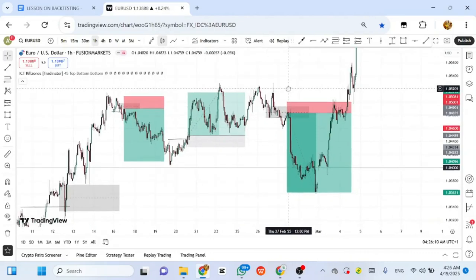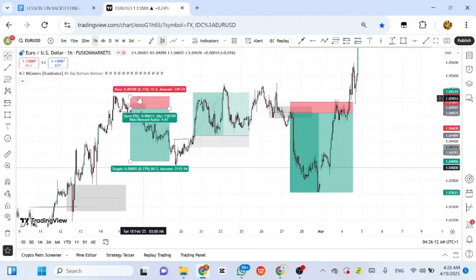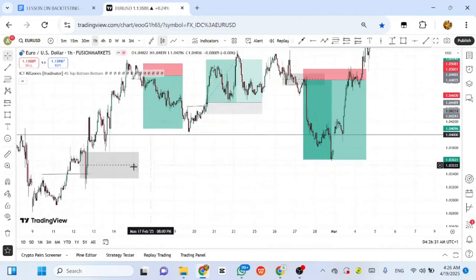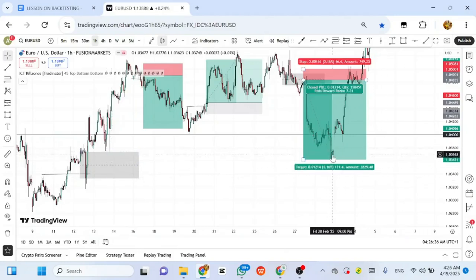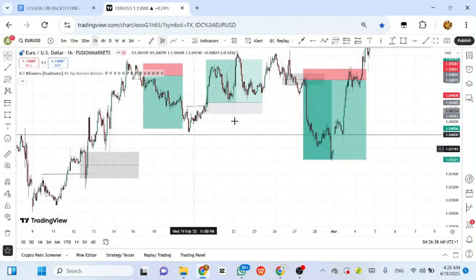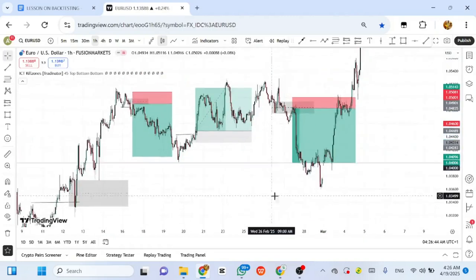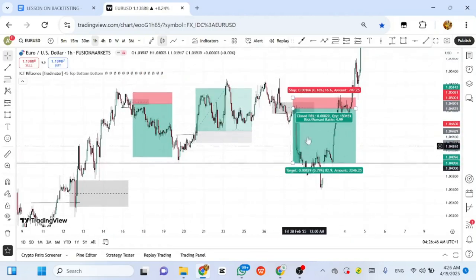Looking at this, it has tested one, two, and it is repeating this manipulation. The market really wants to go down. So after this, I take my trade here, put my SL here, and then my TP. I can target this point because I still know that the market is trying to retrace. See this point, the market did not tap it well. Market came back now and tapped on it. But for me, my TP will be at this key level. So this is where my TP is. And then what happened? This is 4.9R, so I'll just put it at 5R.